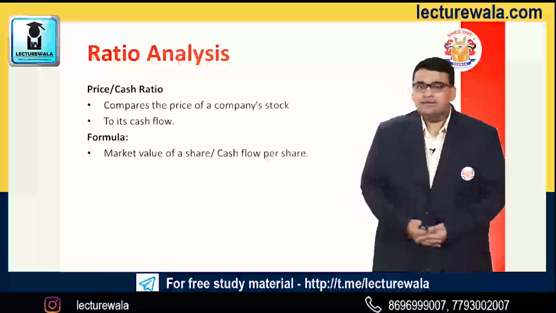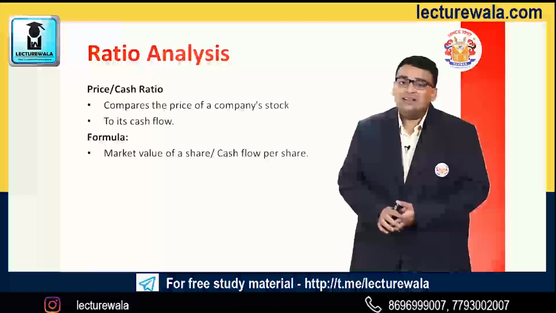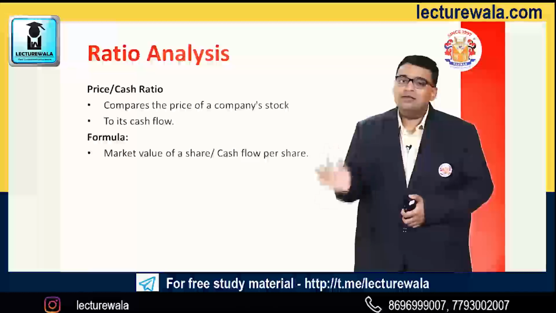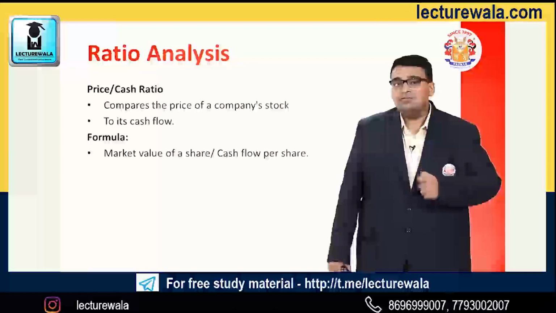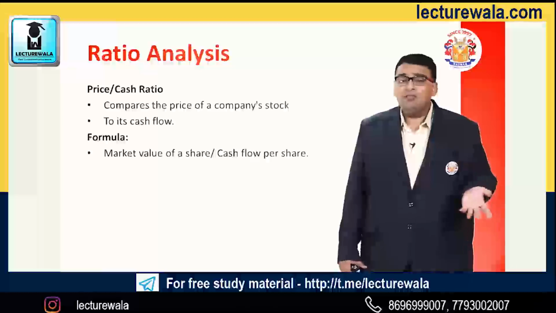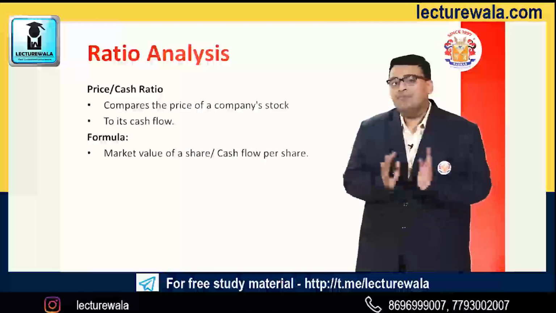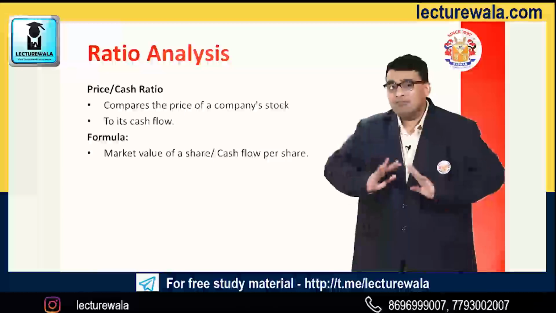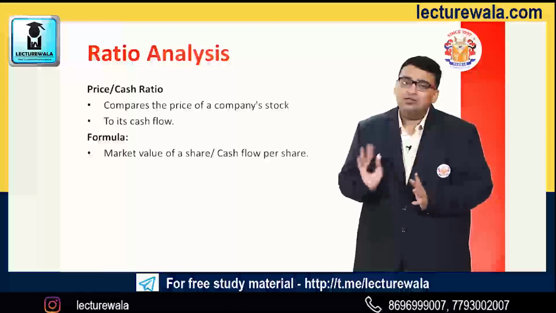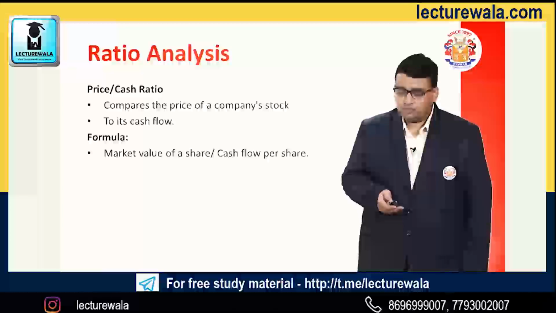Sir, as we have discussed earlier, in the given formula, whatever is given in the denominator is the base thing due to which the numerator is affected. It is shown that if the cash flow per share available with the company is more, the market price would fluctuate more, because the investors would have faith or trust in the company that it is a solvent and liquid company, and if today the company goes into liquidation, it is in a good position to pay its shareholders a reasonable or good amount, and that has been shown.